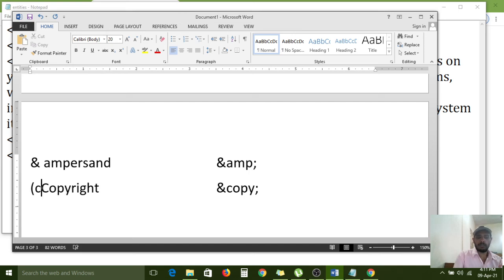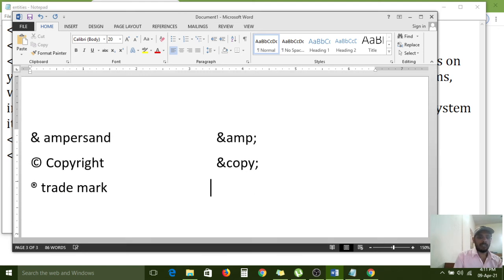All of you carefully observe. This is the copyright symbol, like that. If you want the trademark symbol, the registered mark is ampersand REG semicolon.